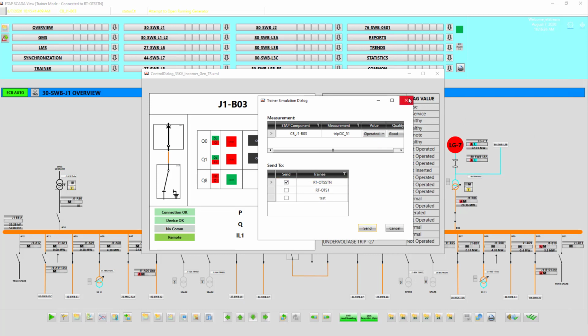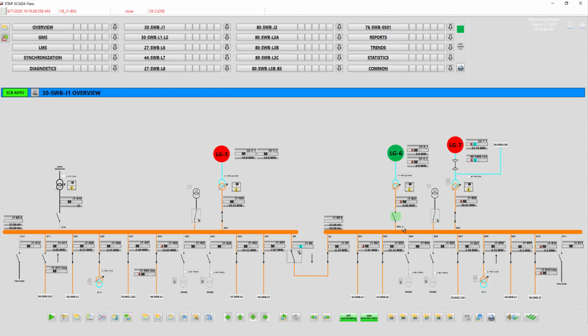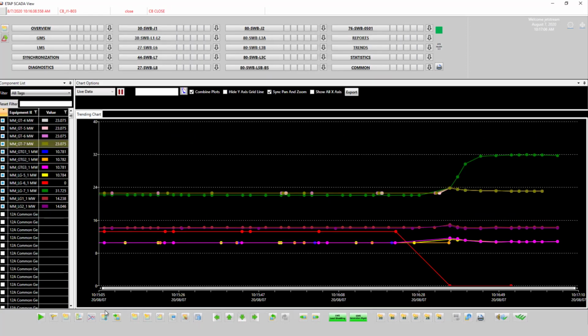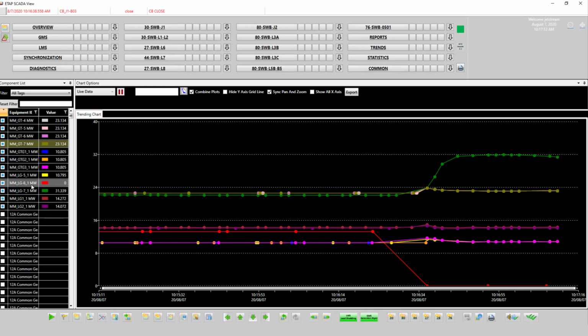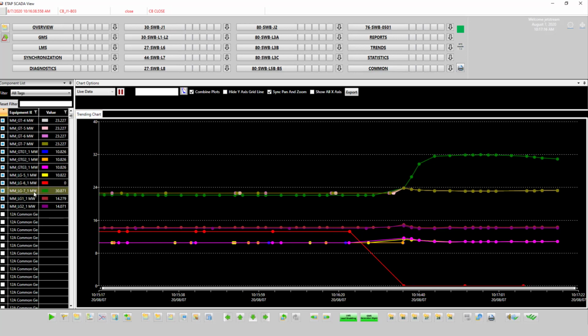Here I've sent the command, and now we can see that on the HMI, the circuit breaker has opened. Additionally, we can see that the generator is offline and that all the flows show 0 for that generator. And now note that the previous generation associated with LG6 has now been picked up by the isochronous machine, LG7. So you can see the red line going to 0 for LG6, and then the green line going up significantly